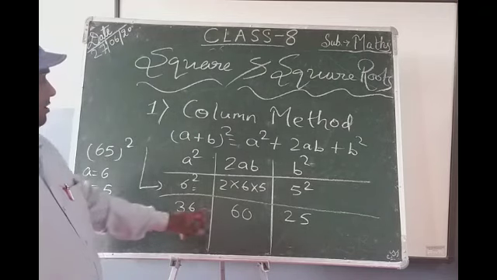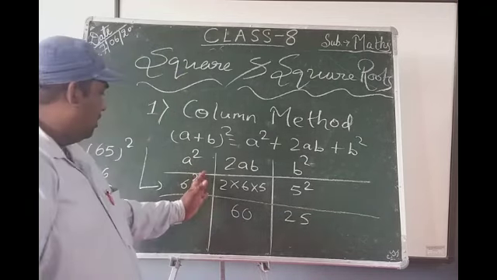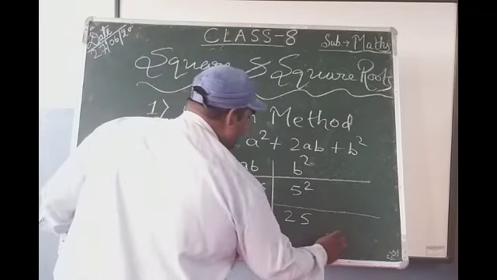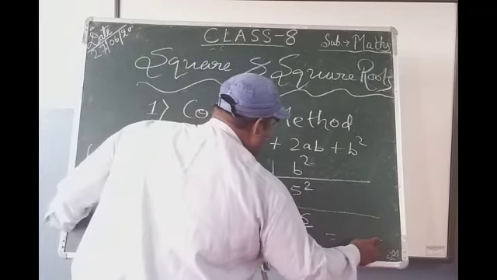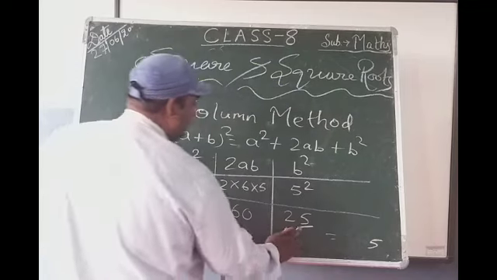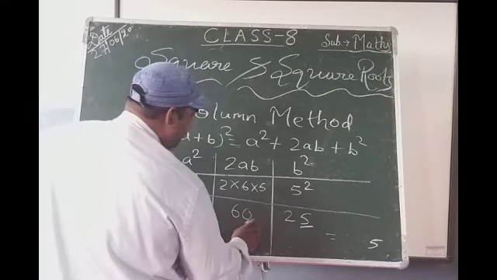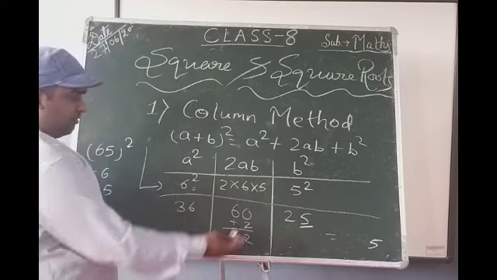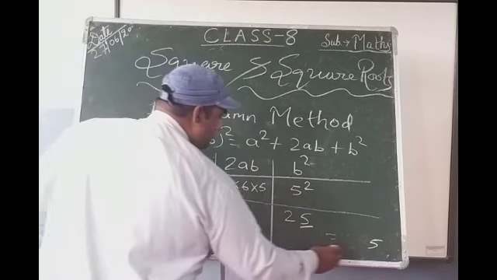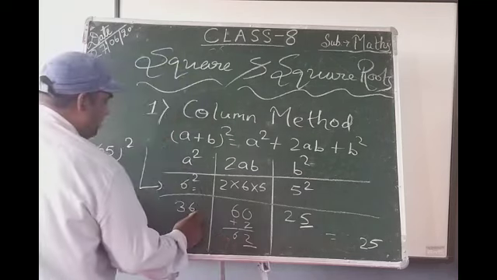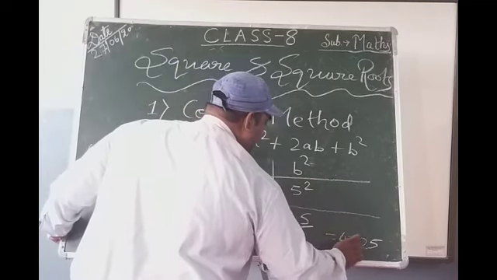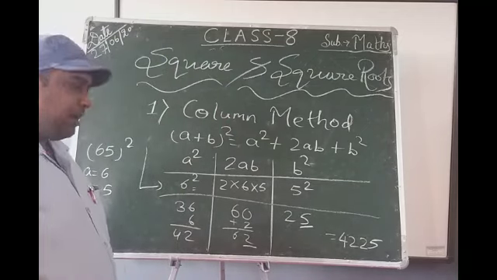Now we have 3 columns, 3 products. Now writing, we write the ones place first. Write 5 from 25, and here 2 will be carried forward, meaning the second digit of each column we carry forward. Then again 2 will be written and 6 will be carried forward, and you will get 4 2 2 5. What do you get? 4 2 2 5.